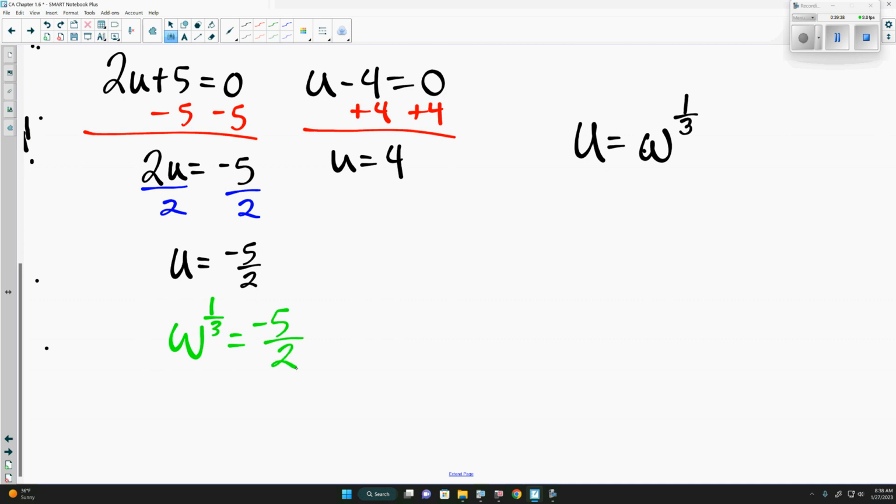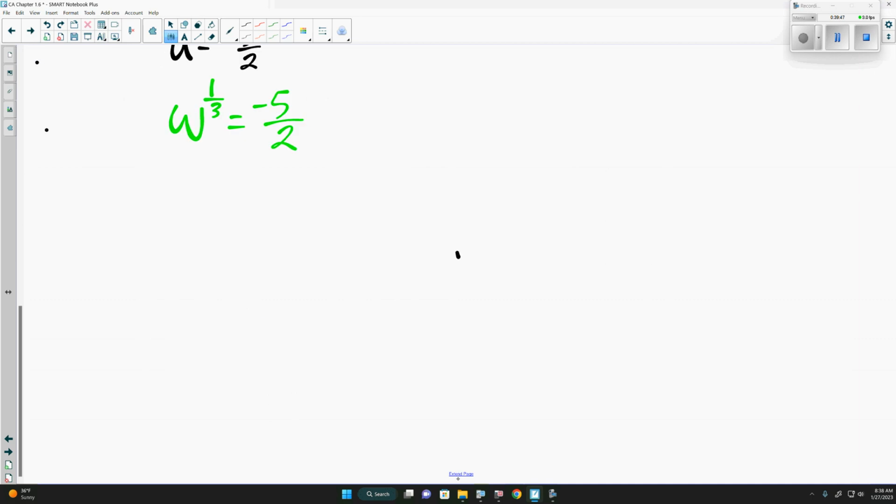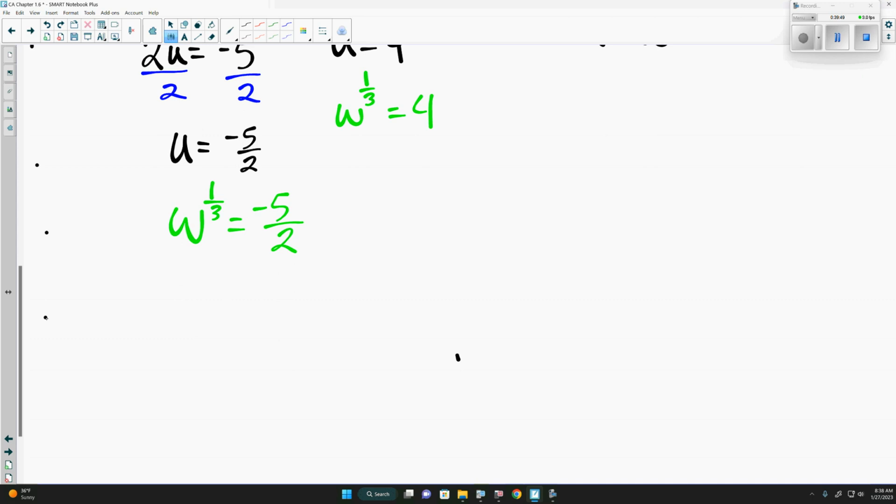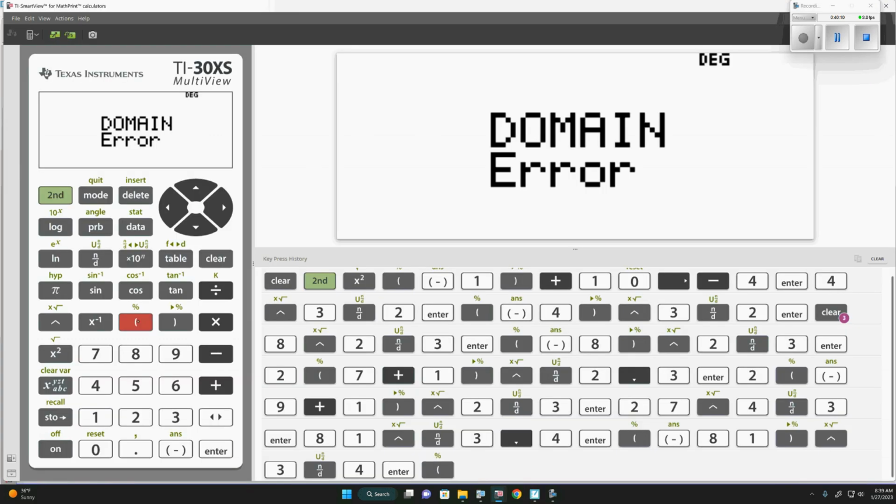W to the 1/3 is equal to negative 5/2. And here, W to the 1/3 is equal to 4. So the last thing we need to do to get rid of those exponents is to put both sides to a power that will cancel that exponent out. Since it's 1/3, really we're flipping it like we did earlier. The flip of 1/3 is 3, because 1/3 times 3 is 1, telling us W is equal to, calculator,